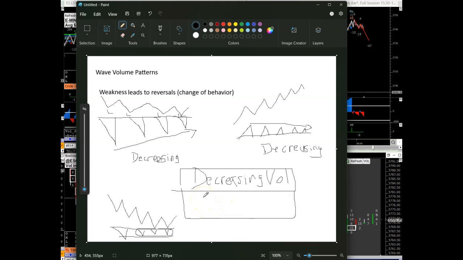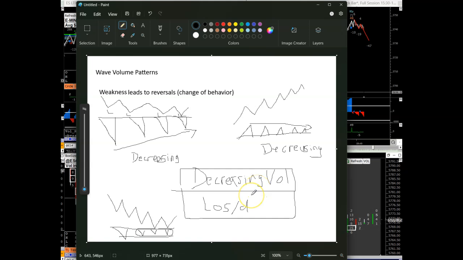You could say it's lack of demand or lack of supply, LOS, that's fine as well. It's not a lot of interest. At these lower prices, the volume decreases significantly below an average amount. And you'll see this if you have a line of averages, that this volume is small, this is small, this is small. So these are two patterns